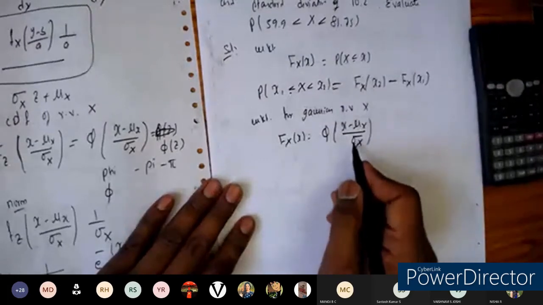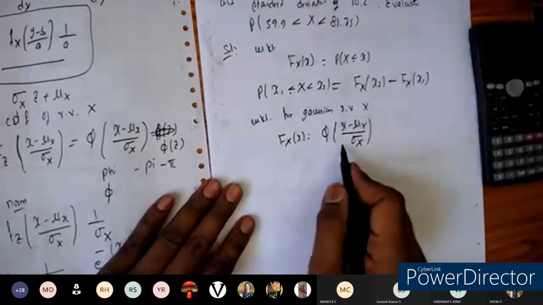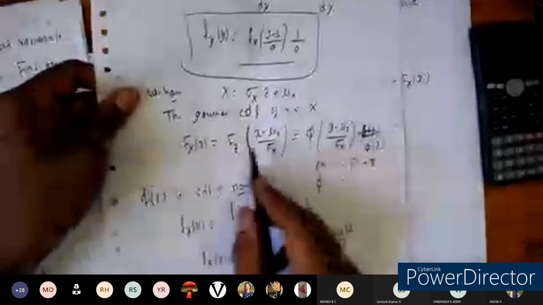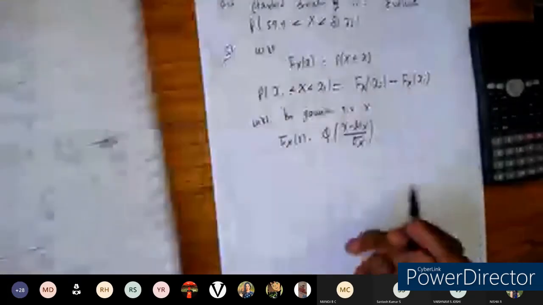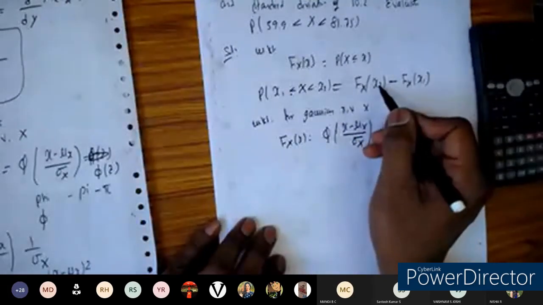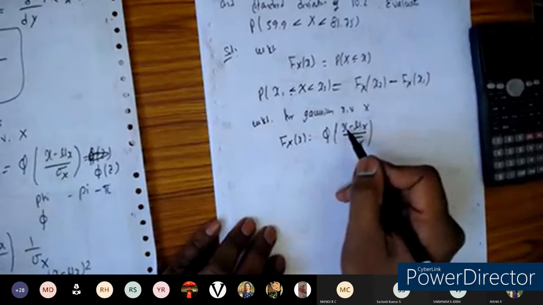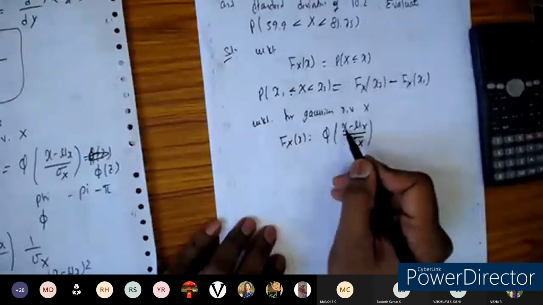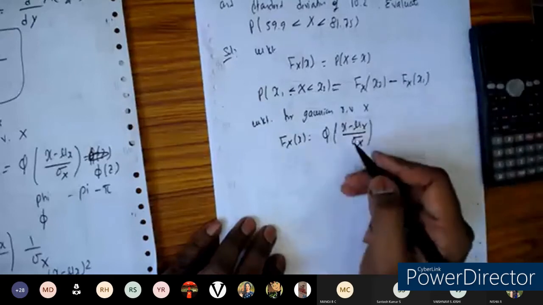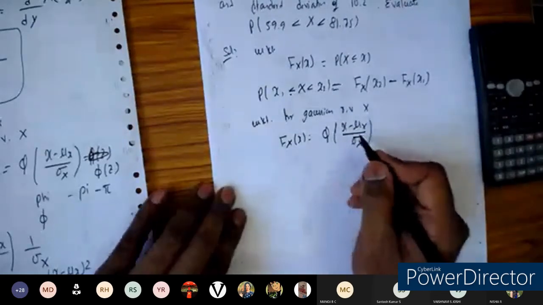Okay, got it now. This is the relation we already got in the previous concept. Now what we want is Fx of x2, which means in place of x we have x2, and in place of x we want x1. Let us substitute that and get the answer. So we got the concept now.